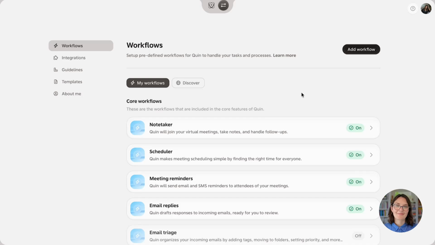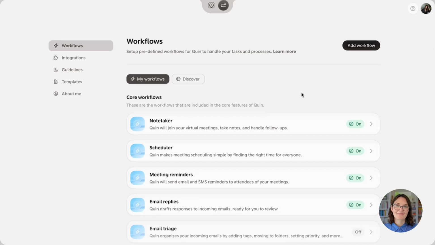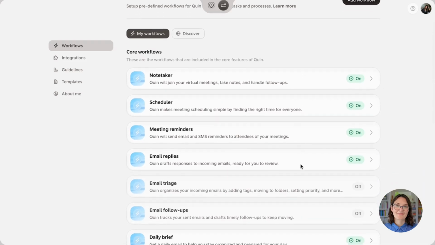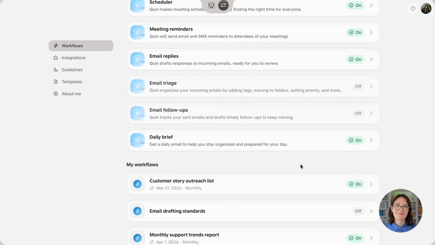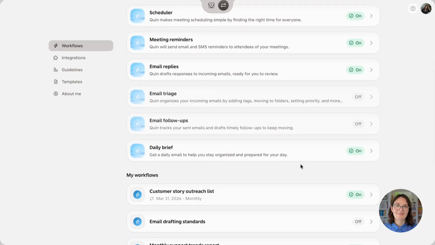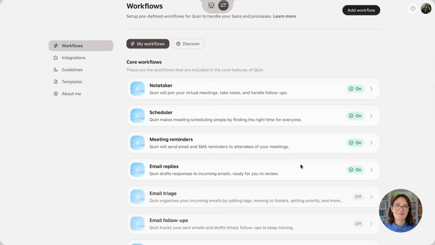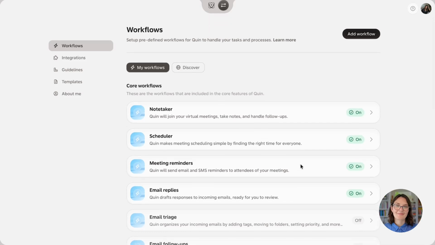In this video, I want to walk you through two things: how to create your own custom workflows and the workflow library, which is a collection of pre-built workflows you can add to your account with just one click. Now, right now you're looking at the workflows section in settings. This is where all your workflows live, the core ones that come with Quin, and any custom ones you create for yourself. I'm going to focus on the second tab, Discover, in a moment, but first let's talk about building